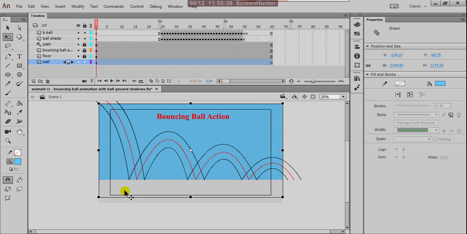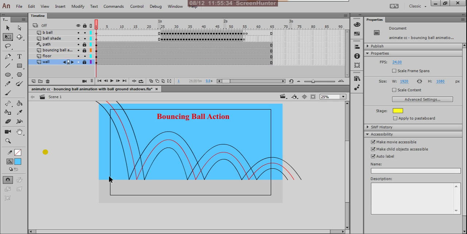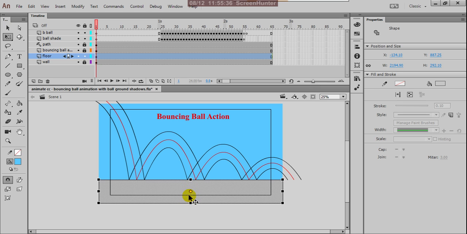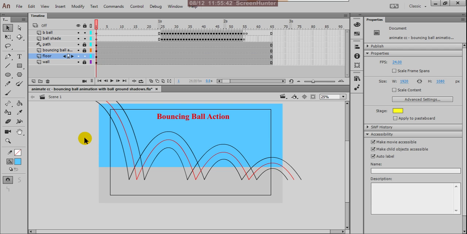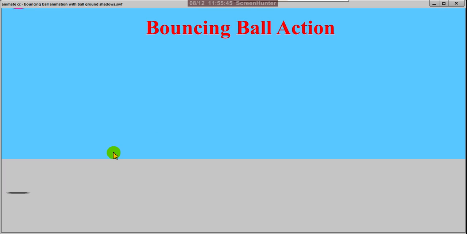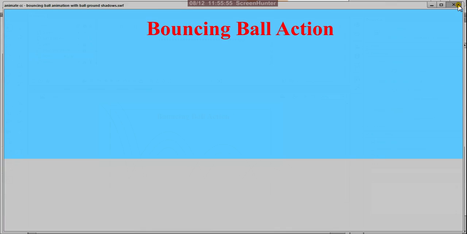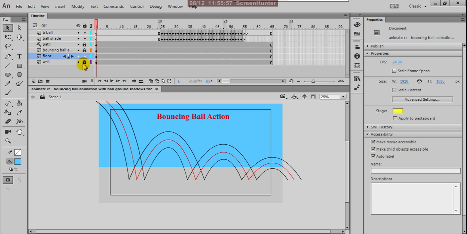So what we do, let's lock this, increase the floor, yeah, because the ball must be over on the floor. Yes, this is nice. Okay, but this background I want a bit darker, because the ball visibility is very less.